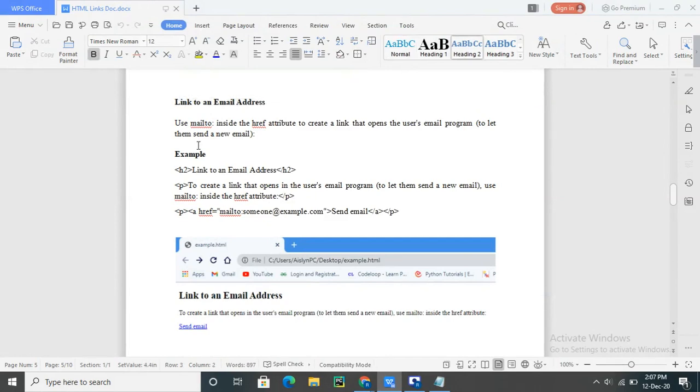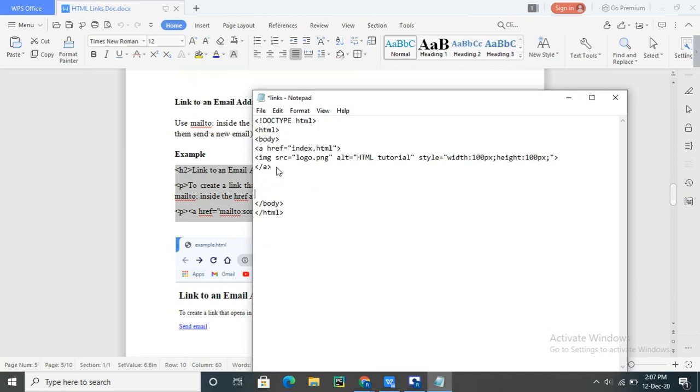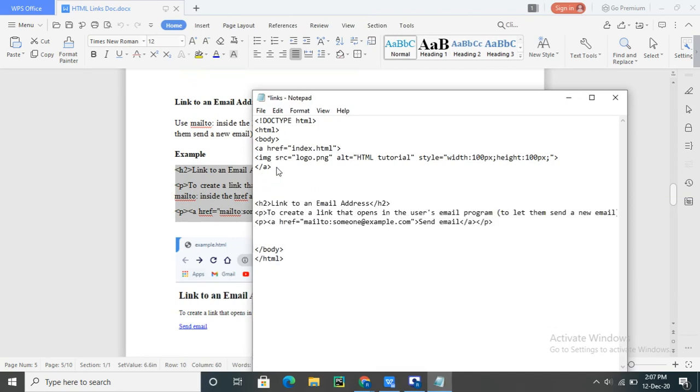Here you have to use the email, like you can observe here, mailto:someone@example.com. This is the mailto, if you want to send, it will redirect to the email. I will take this example and show it. See here, I'm using a heading, link address, and this is all a paragraph. Now the main thing is the anchor tag using the href attribute with mailto and someone@example.com. You can put whichever email ID you want here, and then Send email, and it will go to that email.